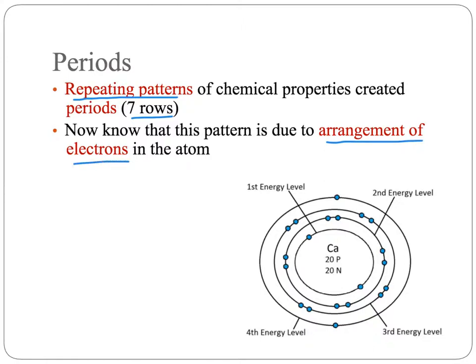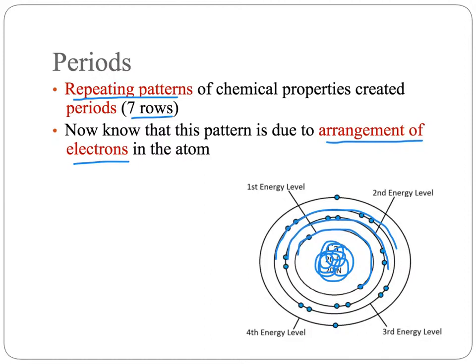We'll talk a lot more about the arrangement of the electrons as we go on in this course, but to just quickly give you an idea of what I'm talking about, in any atom you have a central nucleus which has your protons and your neutrons, and then the electrons are arranged in shells, in layers outside of that nucleus,